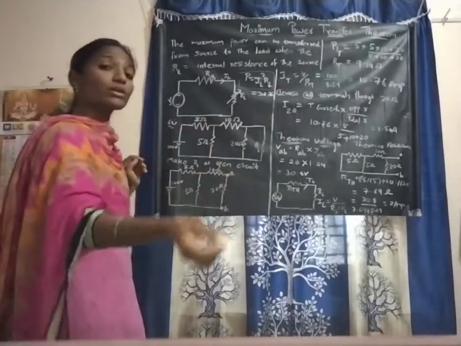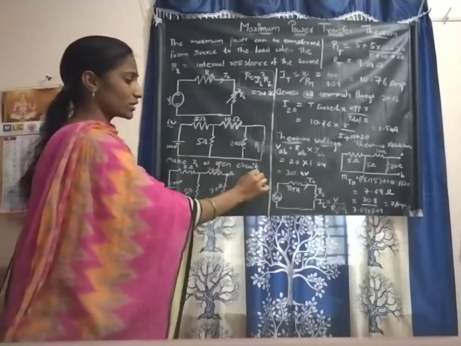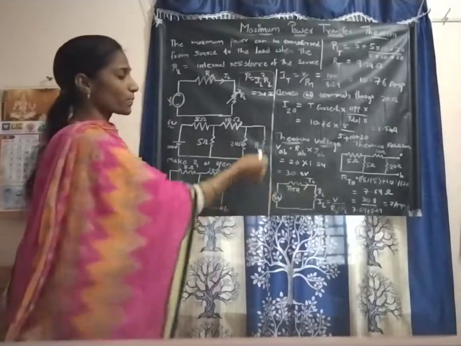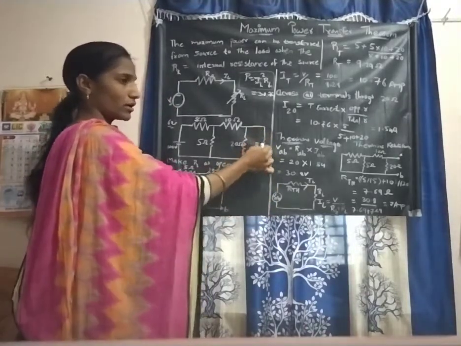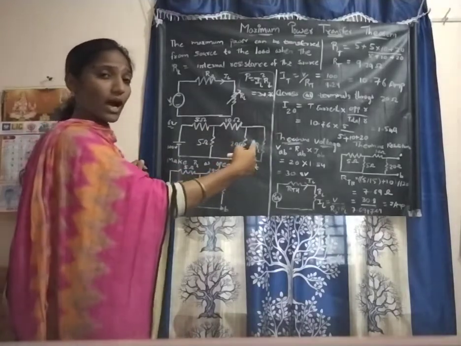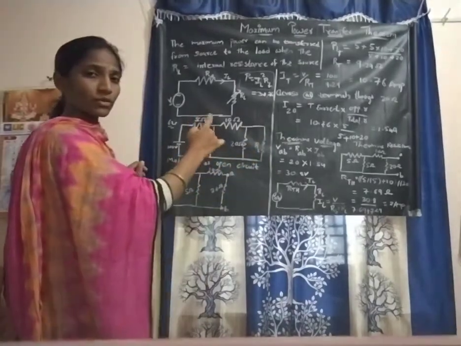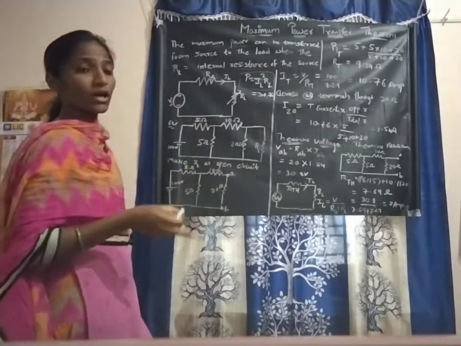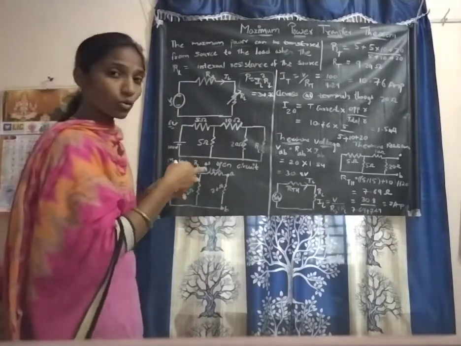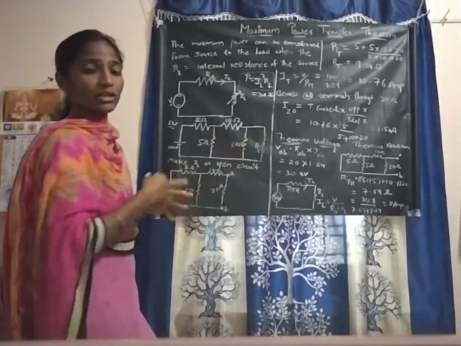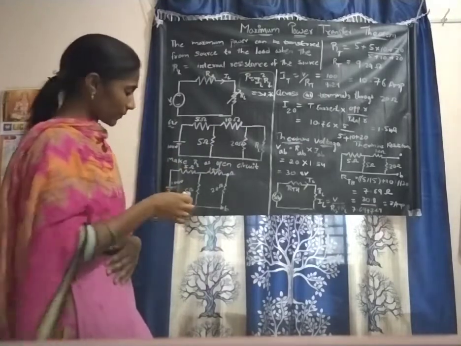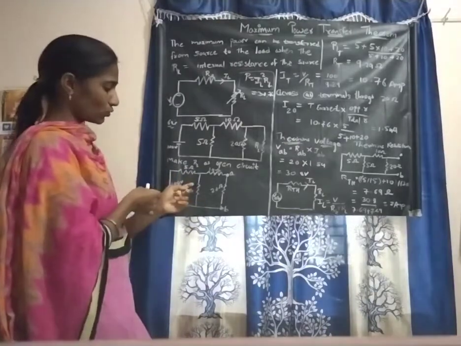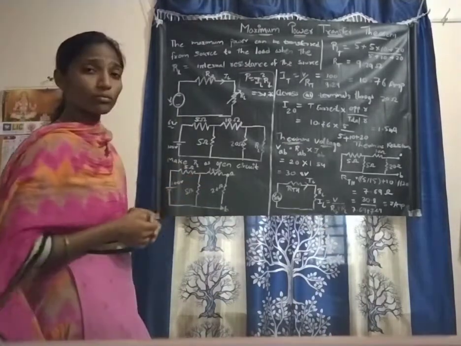Now, to make the Thevenin equivalent circuit, what is our condition? First, to calculate the current, what do we have to do? Make the load resistance RL a short circuit. Then after short circuiting, name the 20 ohm resistor's terminals as AB, because at this 20 ohm resistor itself we have to find the current. So we have a 100 volt source, two 5 ohm resistances, and 10 and 20 ohm resistances.